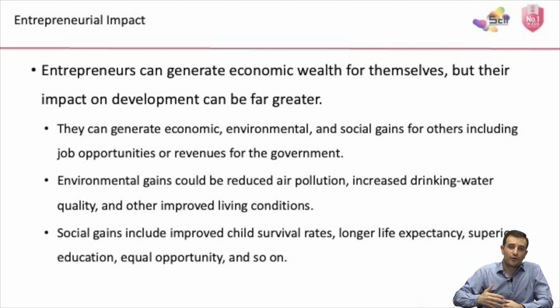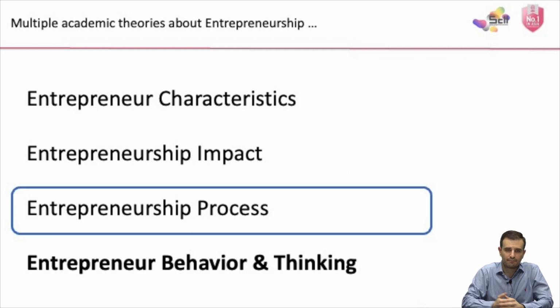So we can move to a third academic theory on entrepreneurship. And this is the theory of the entrepreneurship process. And this is generally what is taught in most business schools. So it will be to teach entrepreneurship as a process. So from A to Z of entrepreneurship, like a step-by-step process. And generally this process will start with